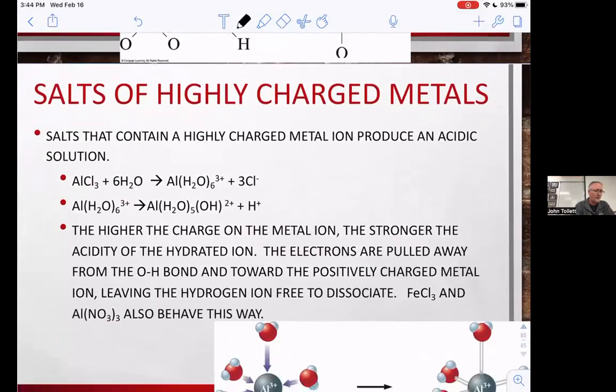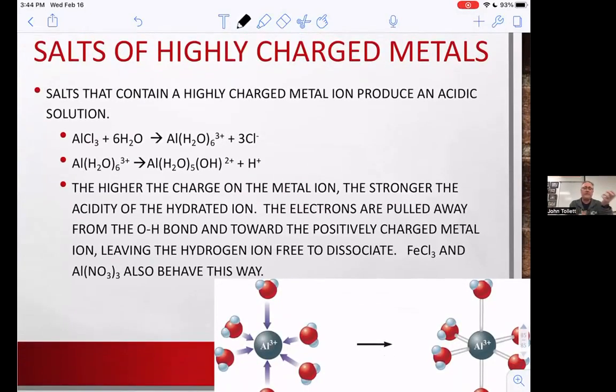The last thing to talk about is kind of an aside, but it works the same way as acid strength with oxygens. If you have a salt of a highly charged metal, and we don't do a lot of complex ion stuff in AP because it's been removed from the College Board's curriculum, but just a quick one, this is pretty easy to understand. Looking at this complex ion, I've got water molecules around the outside and a highly charged metal in the center. What the highly charged metal does is pull on the molecules on the outside, and it leaves the